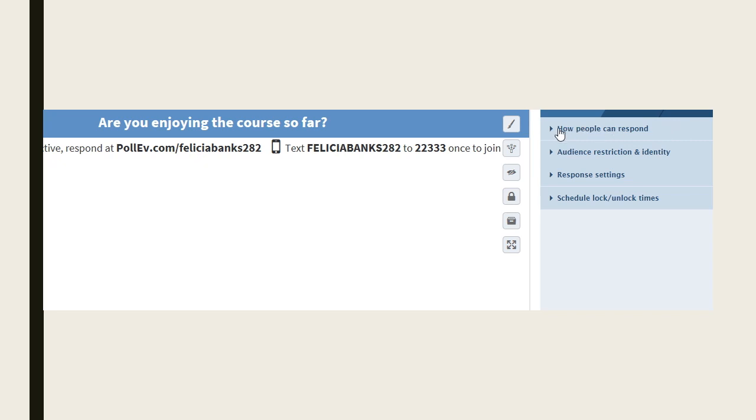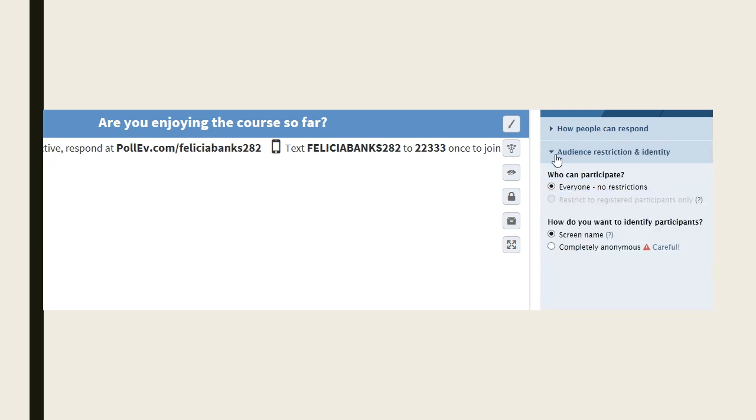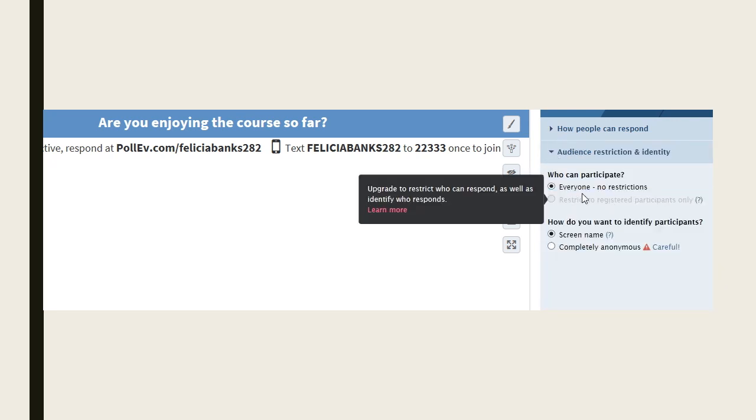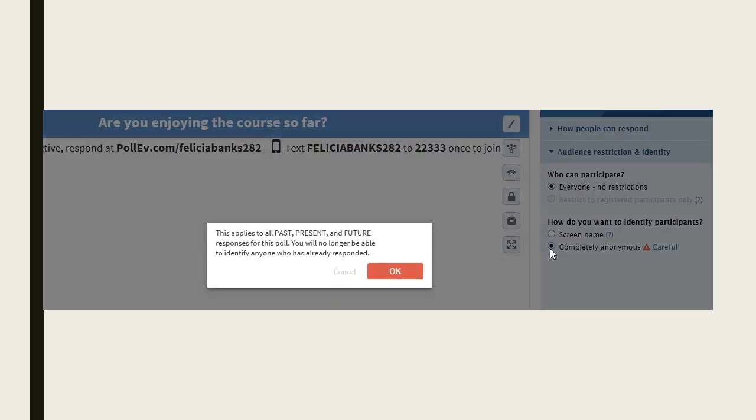We're going to go over here to the right and select website and text messaging, because remember, you may have a lot of students that are using a tablet or their cell phone. So it's a good idea to offer text messaging and the website option of accessing this survey. Audience restriction: who can participate? I'm saying everyone can. I'm not restricting it to anyone. And how do you want to identify participants? I'm going to say completely anonymous